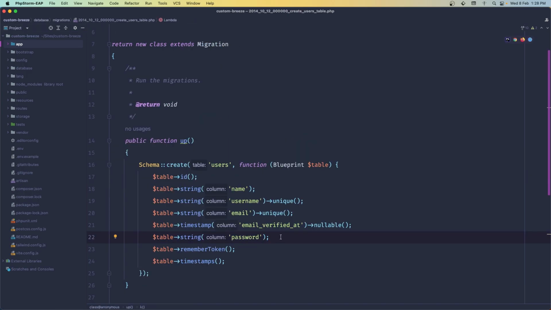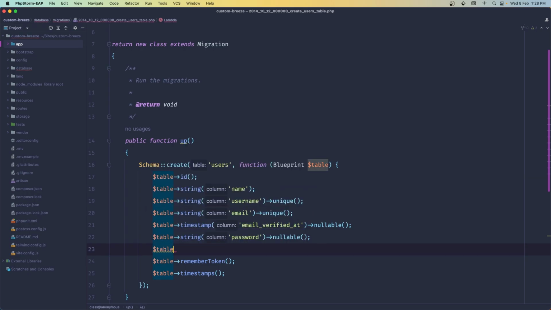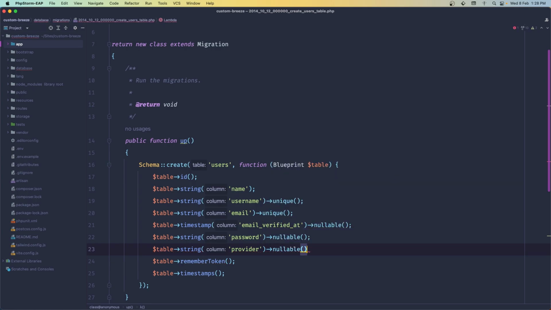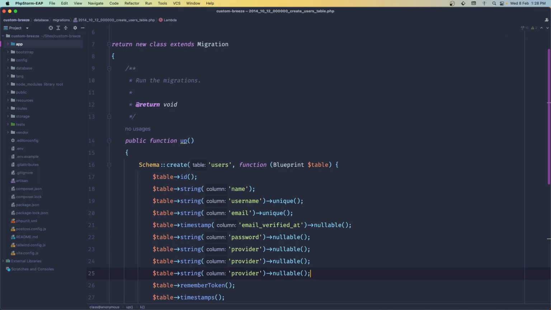migration and add them. So also we need to make the password nullable, and then let's say $table, which is going to be string for the provider, and also the provider is going to be nullable, because if we are registered with a form, we are not going to use that. And let's copy this and paste down there one more time. So provider ID, and also the provider token. Okay,